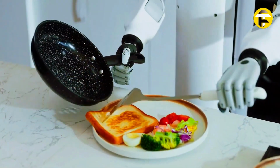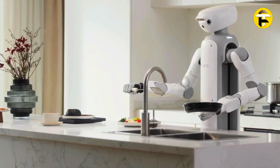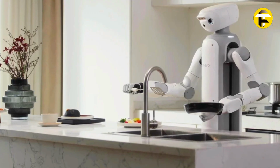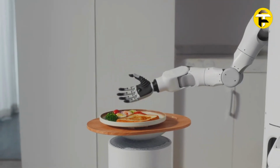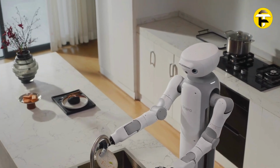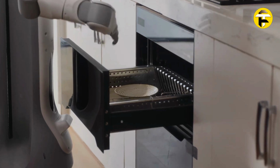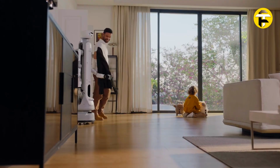robots still struggle with. The robot moves on a stable wheeled base and incorporates 22 degrees of freedom, giving its articulated arms and hands the flexibility needed to grasp, push, open, and organize objects throughout the home. At its core is an on-device OmniSense vision-language-action model, which fuses visual perception, depth awareness, and tactile sensing so that Onero H1 can adapt across tasks and environments without being locked into a fixed routine and without relying solely on